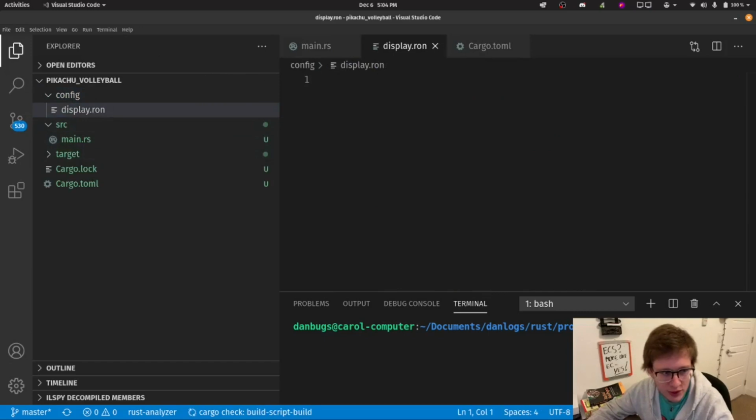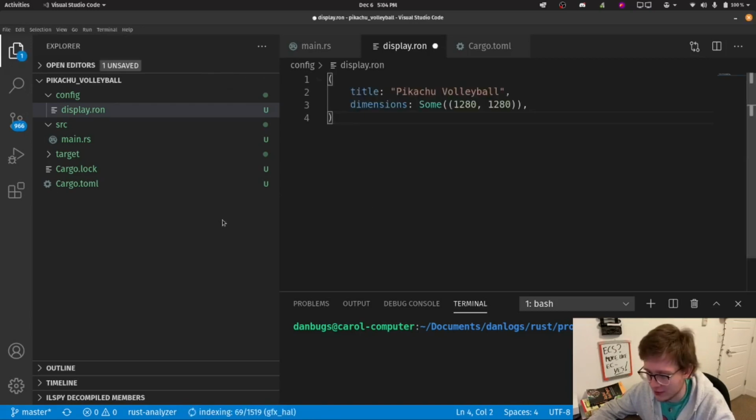A .ron extension indicates that this is Rusty Object Notation, which is really just a data serialization format that looks similar to Rust syntax. So inside this file, we'll add this: the title of our game and dimensions. Great, now we are done. If we just run cargo run,